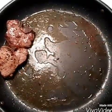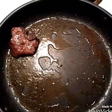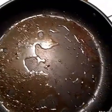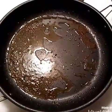What we're doing, we're just going to let this meat rest. Whenever you're cooking meat, before you dig into it, you always want to let your meat rest. Let the juices go back up inside. And I promise you, you'll never get a dry steak again. Now, with this pan here, I'm just going to reduce it a little bit, and we're about to make a